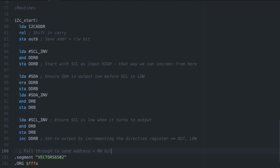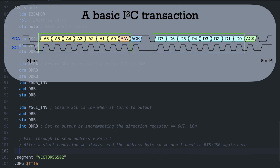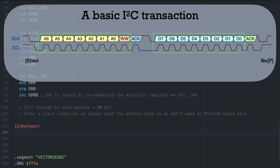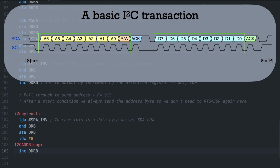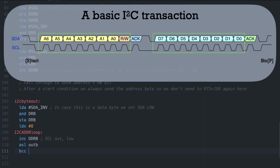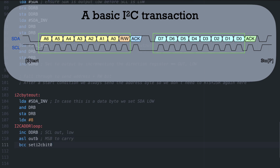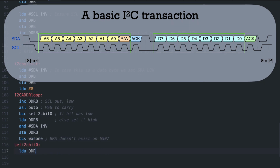Now that we have our start condition, we can move on to sending the first byte containing the address and the read-write bit. Since sending a byte is a function we'll also be using separately, and we're doing exactly the same thing when sending address bytes and data bytes, we can start by making a new entry point and ensuring SDA is low and get ready to loop 8 times, once for each bit. For the loop, we simply shift the next bit into the carry flag, and if it's set, we set the SDA pin as an input, letting it get pulled high, and if it's clear, we skip that part and set the SDA pin to output